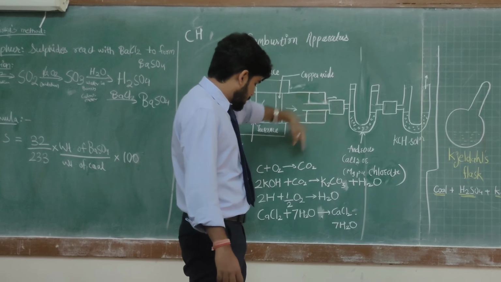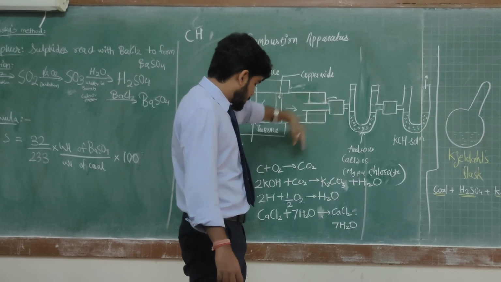U tube. Even here there is a known quantity of the solution. So now over here, we know the composition for H2 hydrogen. So now we need to find carbon. So in this tube, the CO2 which is formed during combustion, the H2O reacted in the previous U tube, and now we need the composition of carbon.